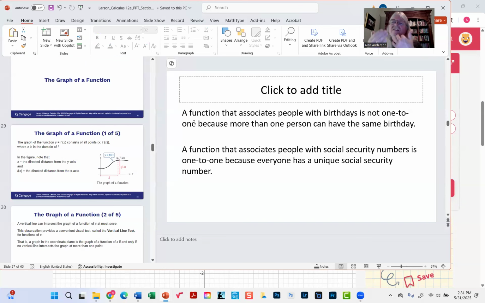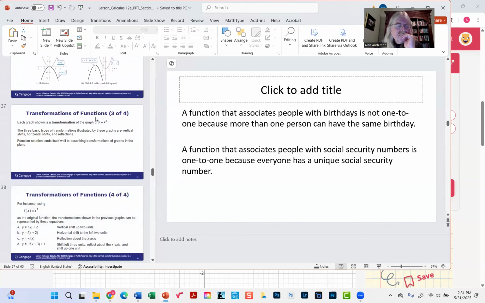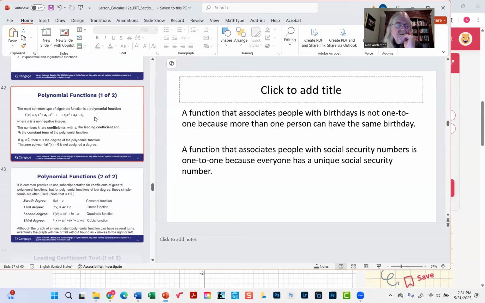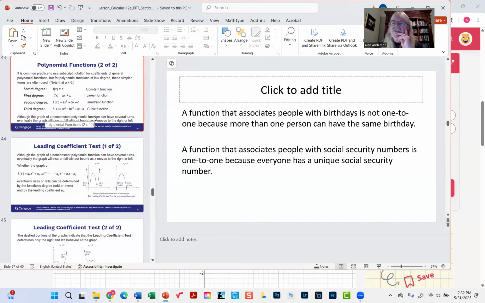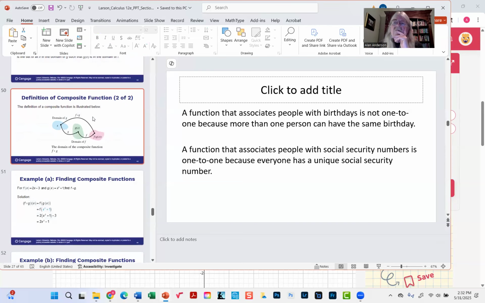Okay, so that's the distinction between the two cases. To be a function, each x is associated with a unique y, but it doesn't have to be both directions. With one-to-one, it does. So we'll see later on why this is so important. But we've got some interesting questions here about graphs, some basic classifications of different types of functions, and composite functions are coming up. And then in part 4,